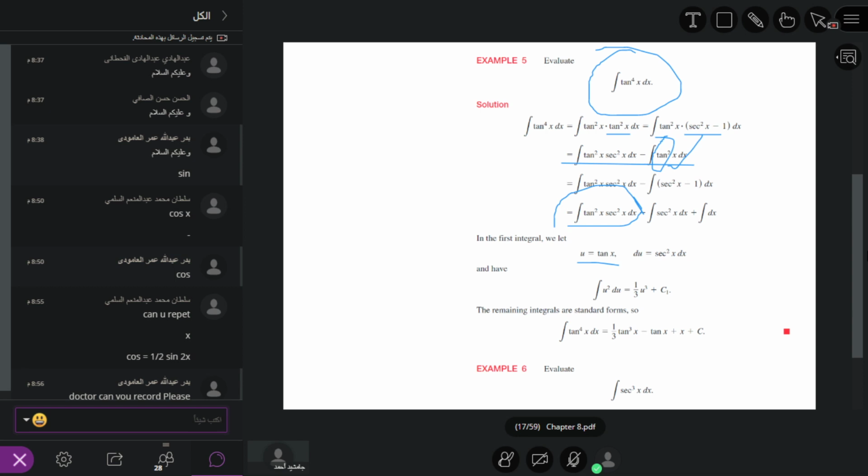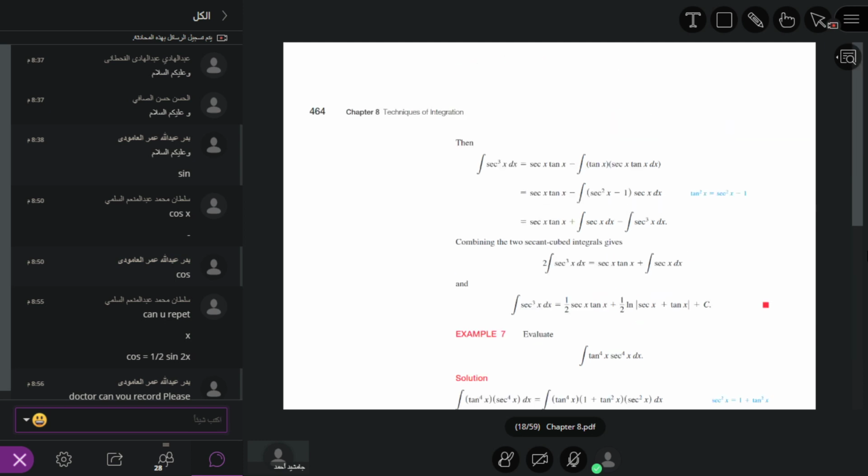So how can we write? We write here sec power 3 into sec square x, that is sec square x dot sec x. And we take u as equal to sec x, dv is equal to sec square x. Then what is the integral of dv? It is equal to tan x. And what is the derivative of sec x? It is sec x tan x. So thus we use integration by parts, and we get sec x tan x minus integral of tan square x sec x. So we convert tan square x in this way. It means sec square x minus 1 into sec x.